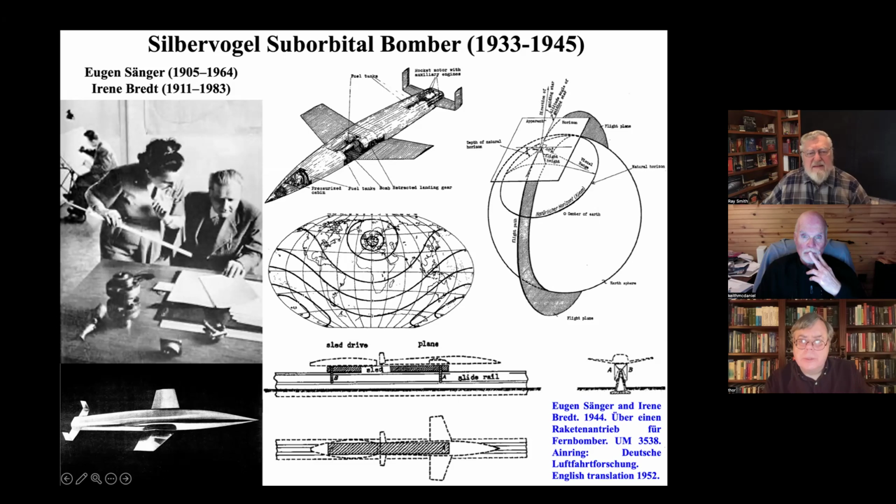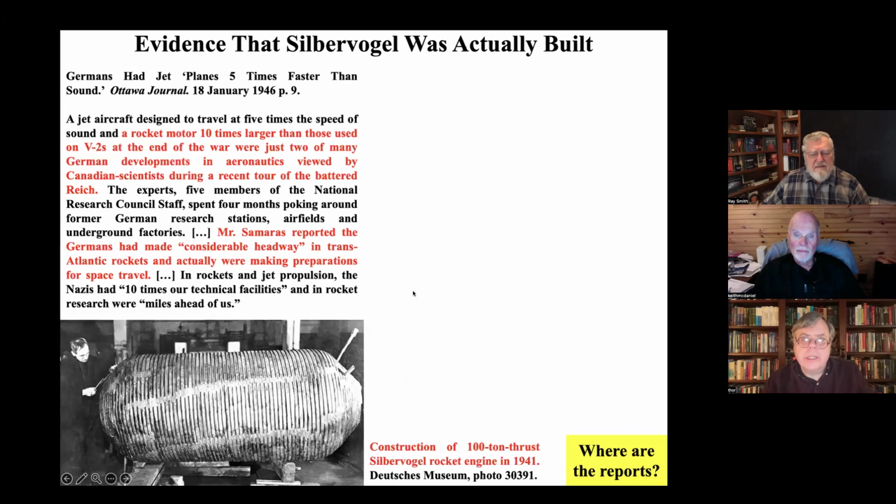So if you read the books, this is mentioned quite a bit in various history books and space books, but everybody says, oh, this was just a paper design. This was clearly so crazy. It was just a paper design. They could never do this. They could never get permission to do this. Purely a paper design. If it was purely a paper design,